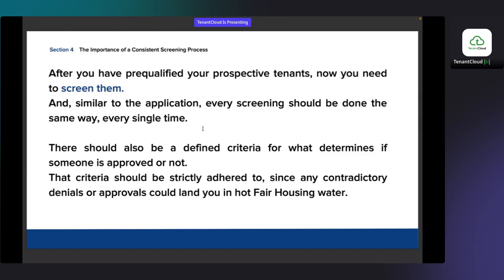But if all of your properties are generally in the same geographical area, then it is helpful to have the same screening process for every single tenant, and certainly for the same property. Every applicant for the same property should certainly be screened the same way every single time. And there should also be a defined criteria for what determines if someone is approved or not. That criteria should be strictly adhered to, since any contradictory denials or approvals could land you in hot fair housing